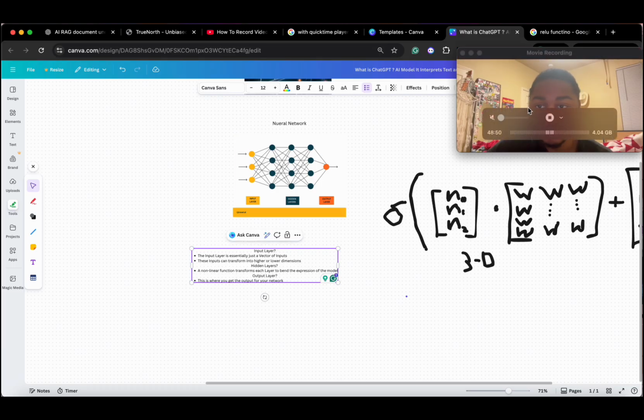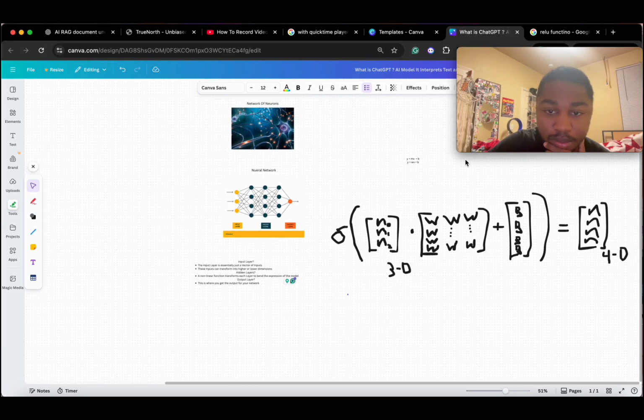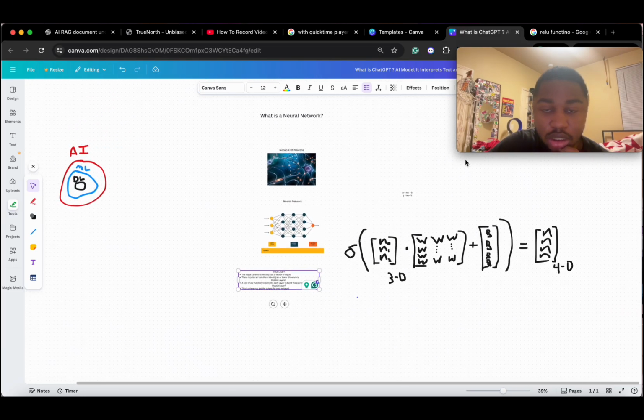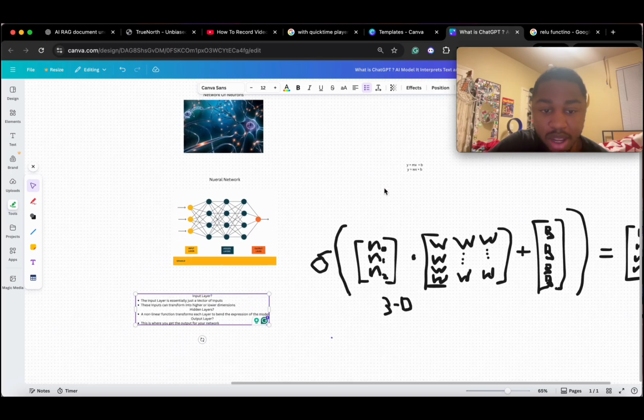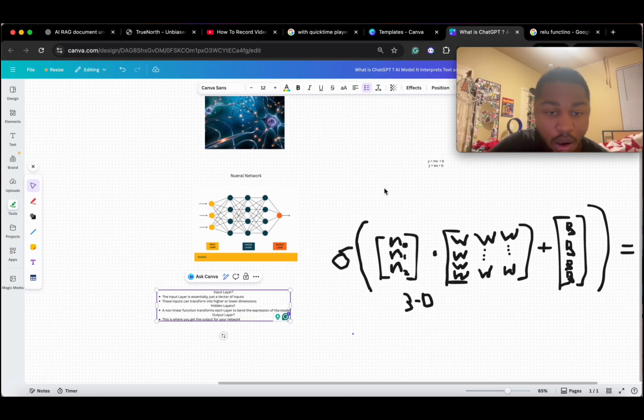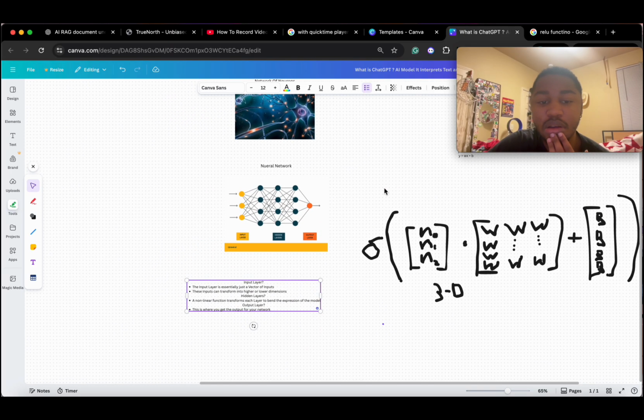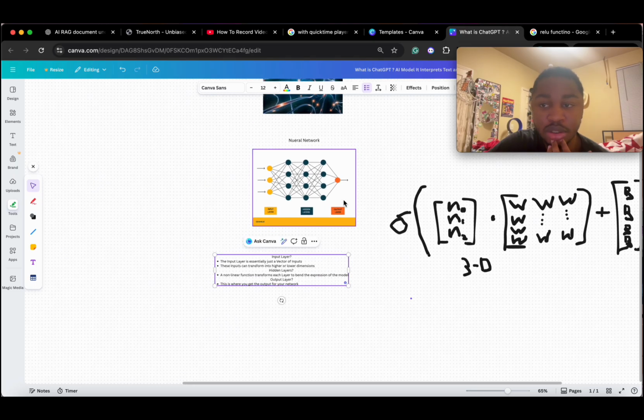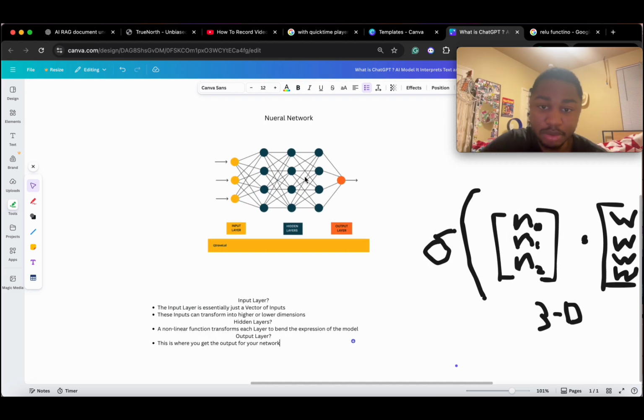And so this is what a neural network is, the math behind it. I guess maybe I could stretch this to a part 2 because it's stretched a little bit long. But this is essentially the foundation of what a neural network is. I find it really interesting. You go a little bit more into the theory behind it.